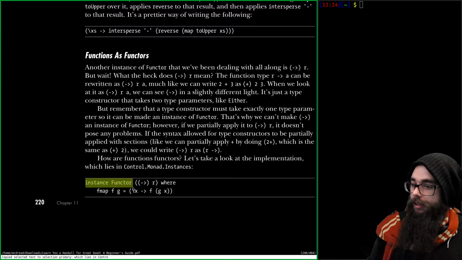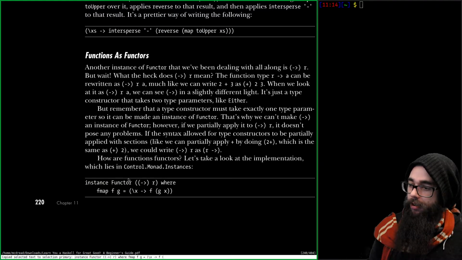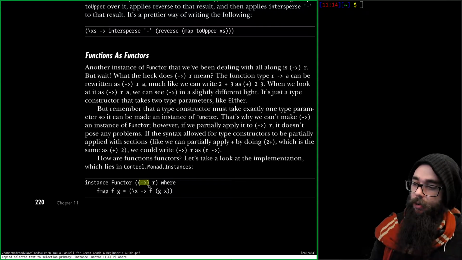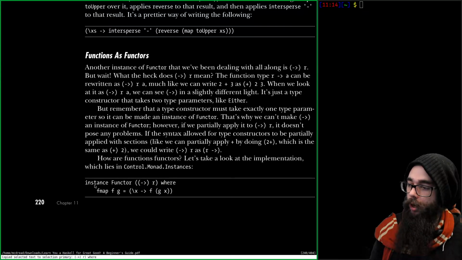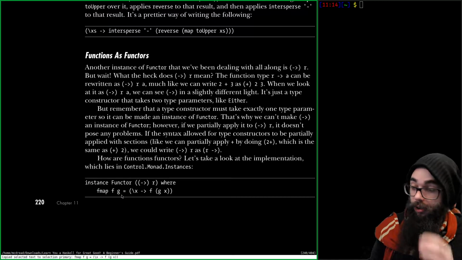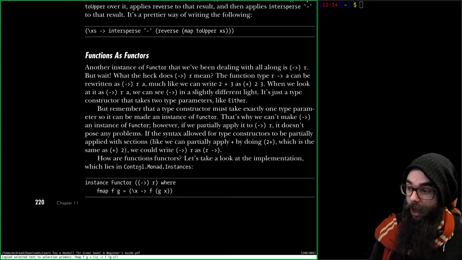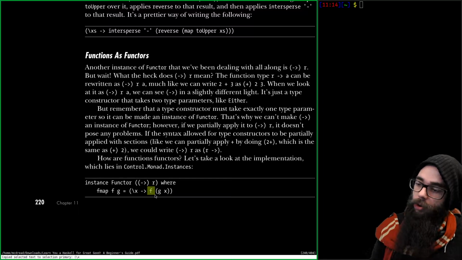Right, an instance of Functor is, I don't remember, the right pointing arrow R, where we fmap it, f g, we take our lambda function and where x is